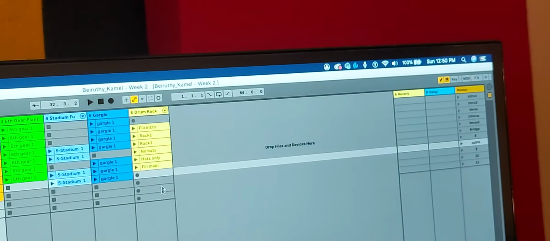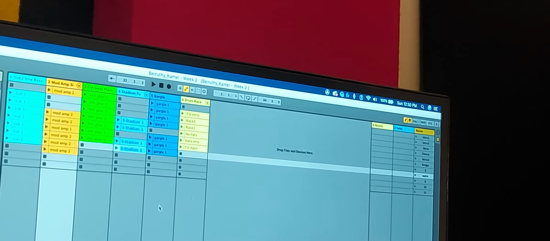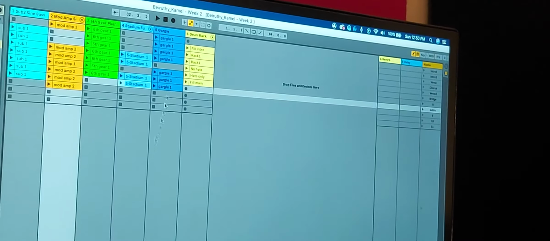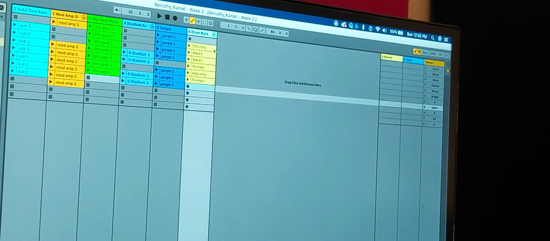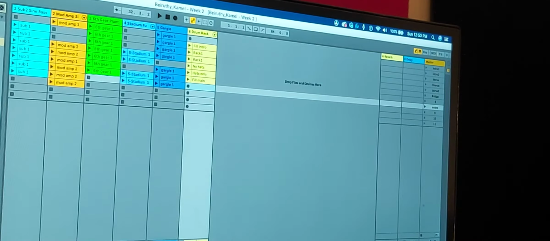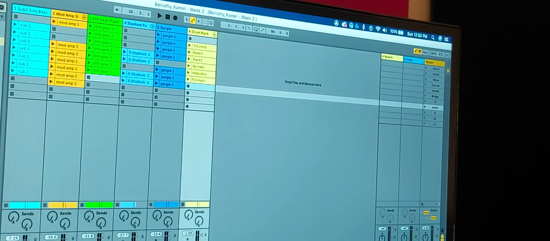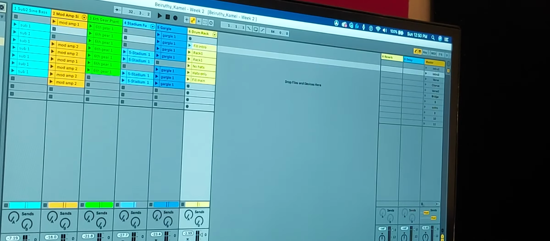Created my own clip, because the thing is about creating clips. So after I was done creating my own clip for the drum right here, this is a clip. Okay, so this was the fill clip.